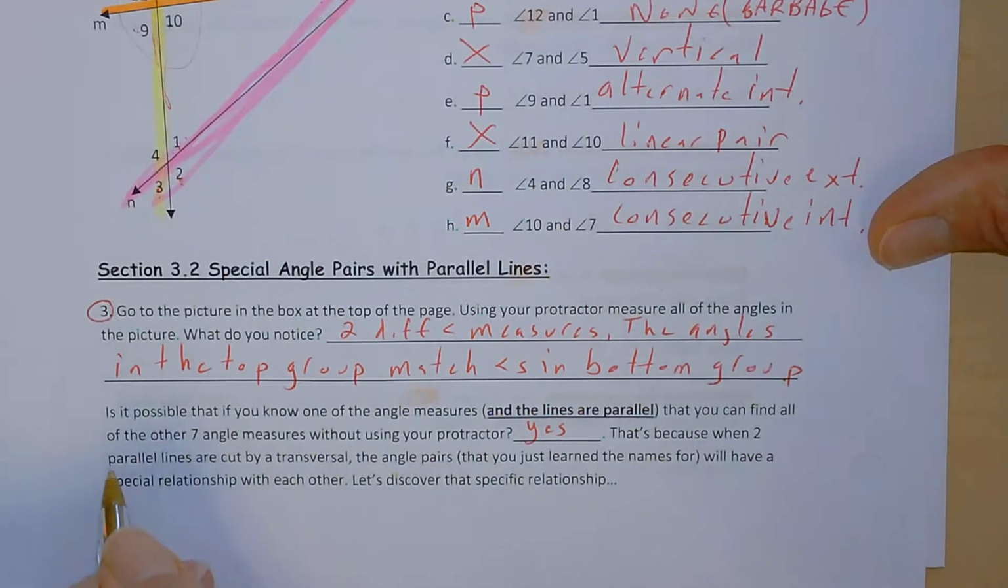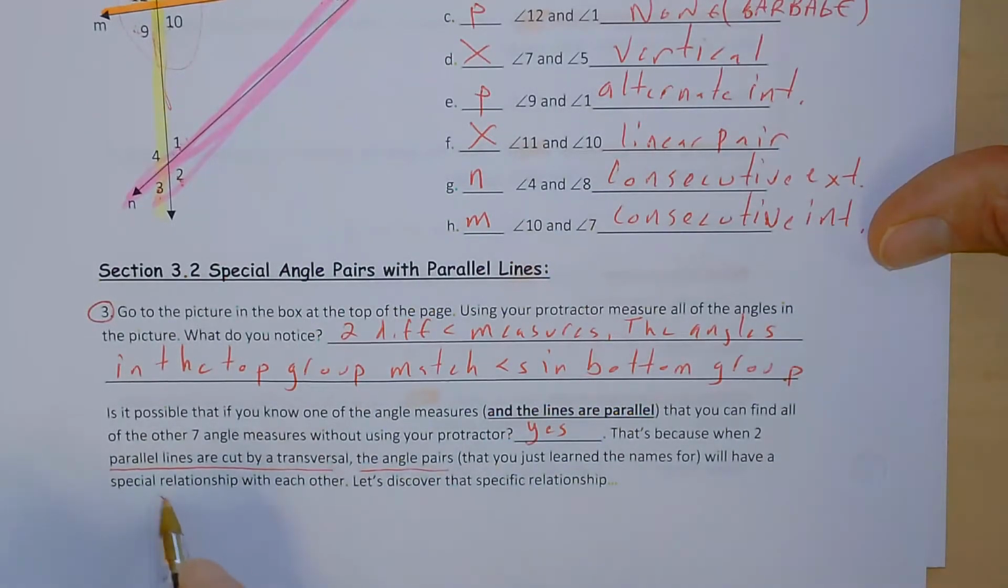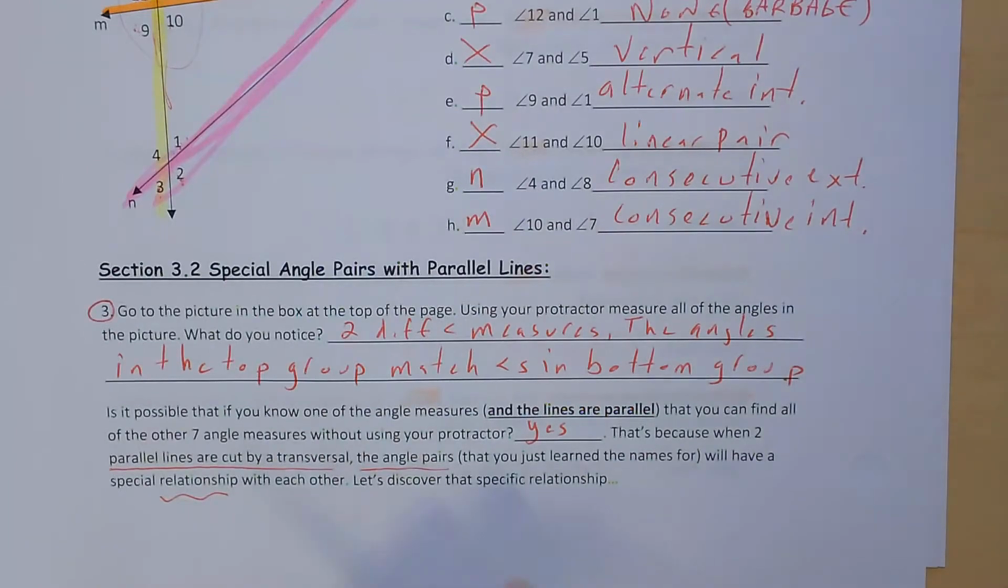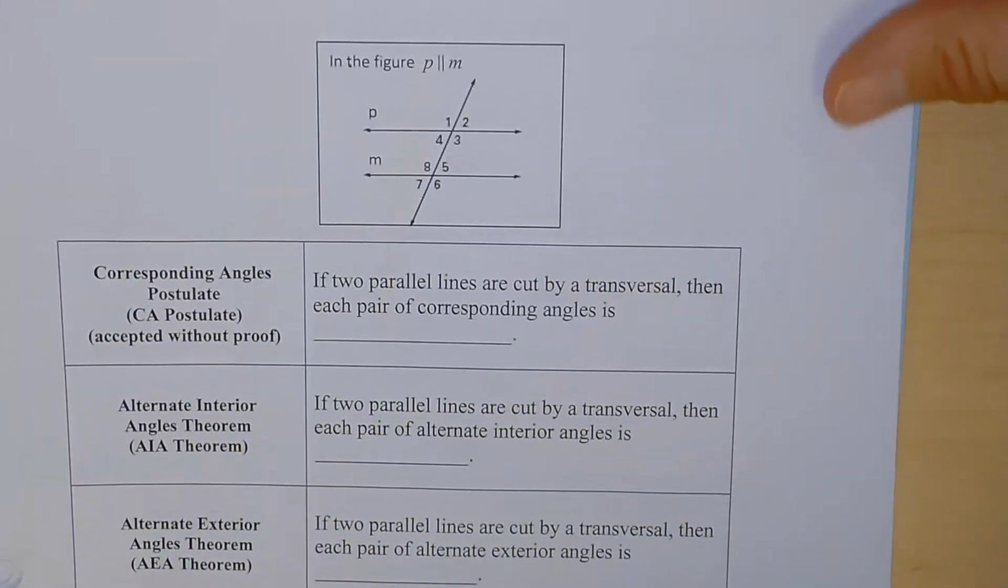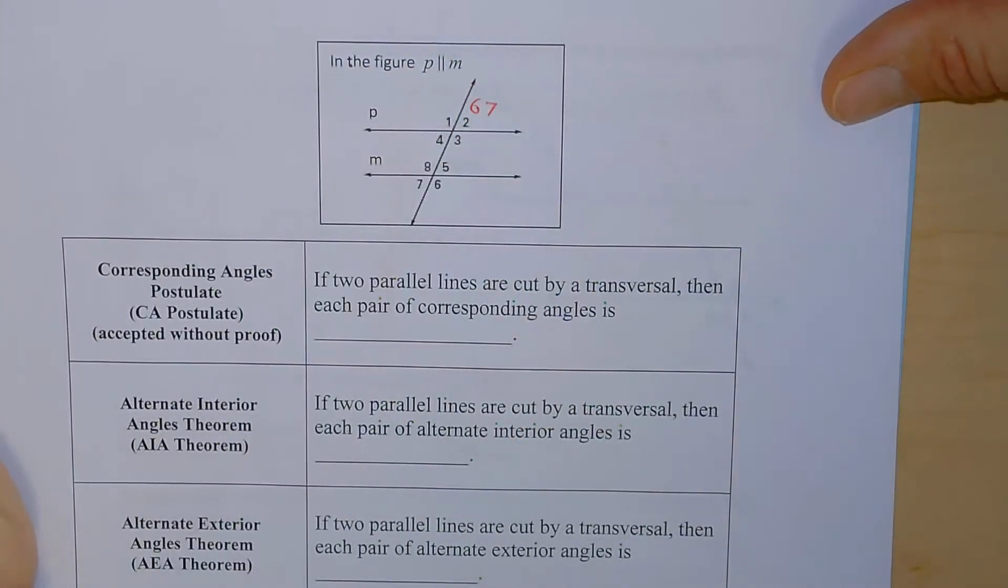And that's because when parallel lines are cut by a transversal, the angle pairs that you just learned have a relationship with each other. So we're going to go talk about that special relationship. So flip your page over. This is the same picture we just had. So I'm just going to copy my measurements here